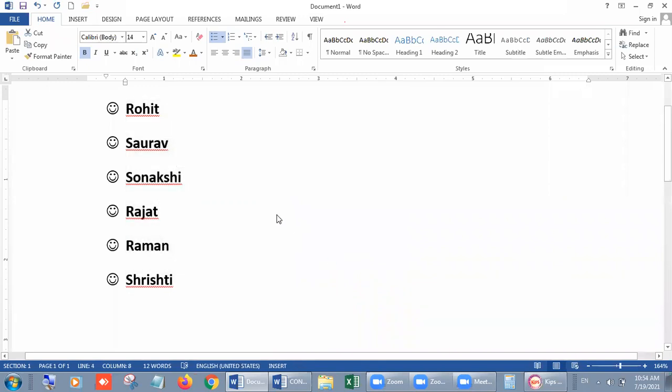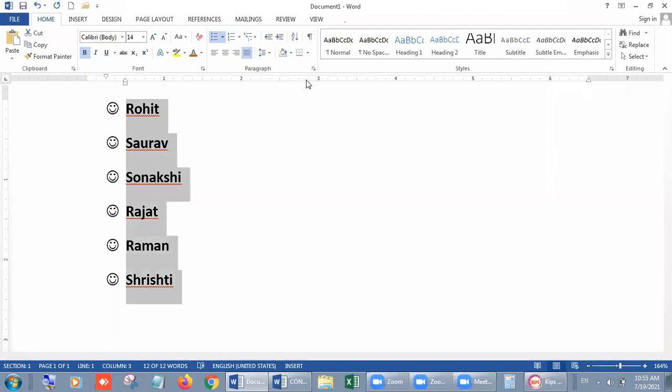Now you can see before the name we have a different bullet. This is bullet. Bullet means we all know what is bullet. Why we call it bullet? Because when anybody fires a bullet, it makes a hole, जैसे कहीं भी गोली लगती है तो वहां एक निशान बन जाता है, so that's why we call it a bullet. Okay students, so it was bullet and numbering.